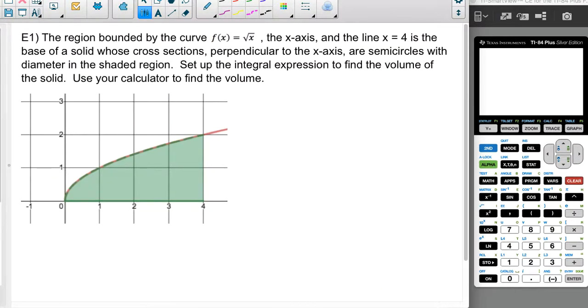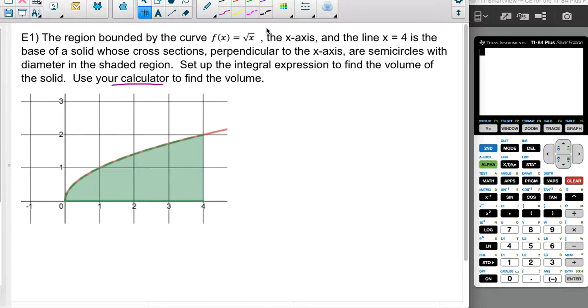So we've seen all these regions before. I'm reusing the regions that we used in the video from 8.7, but we're just going to do different cross sections, right? Some of these are going to be really easy to do by hand. Most of them are going to be easier to integrate on a calculator. Remember that most of the time the AP wants to see that you understand the mathematical setup of the integrand and what it should look like, and then they're fine with you finding the numerical value on a calculator. So we're going to set up the integral, and then notice it says use your calculator to actually find the